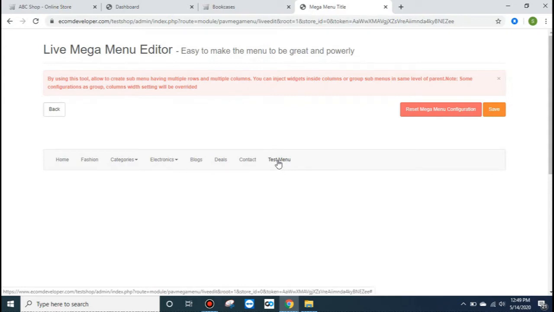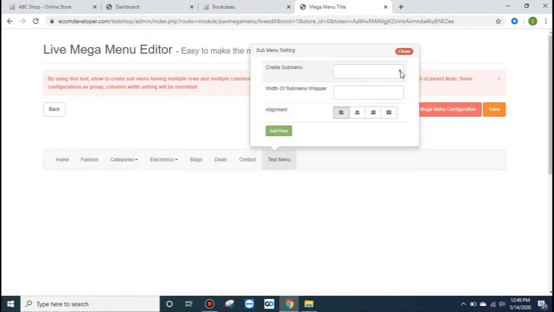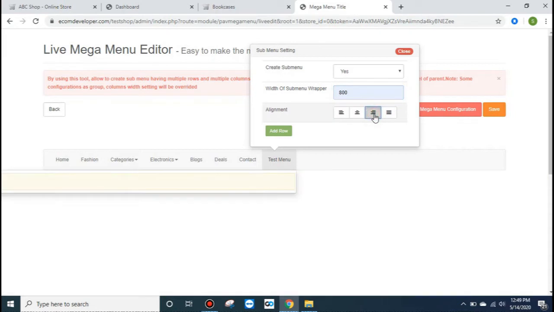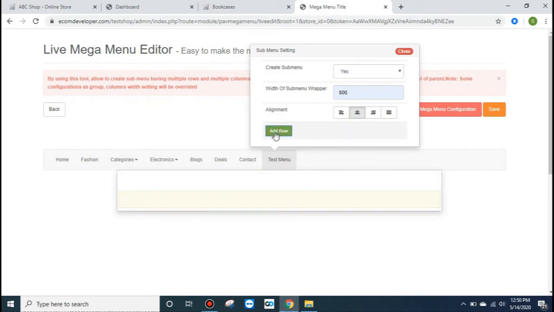Alternatively, for test menu I'm going to try another way. Create sub menu. Yes, put a width, for example 800. Okay, so this is on the very right corner, so make alignment this way, or you can put this way also. Okay, now click on add row.